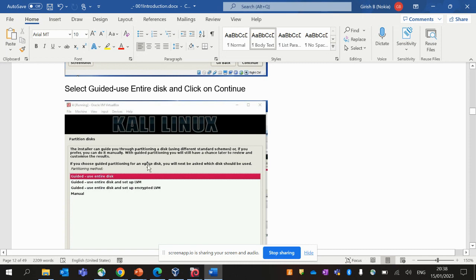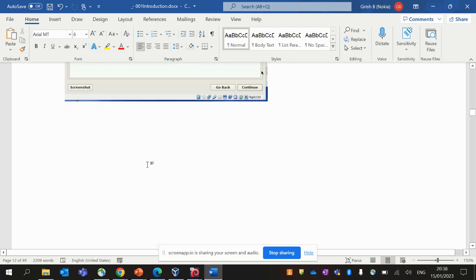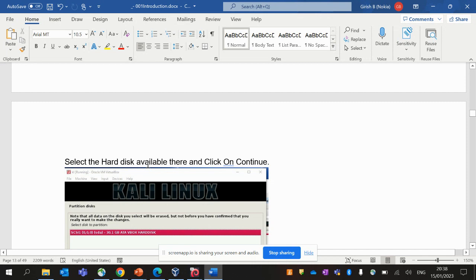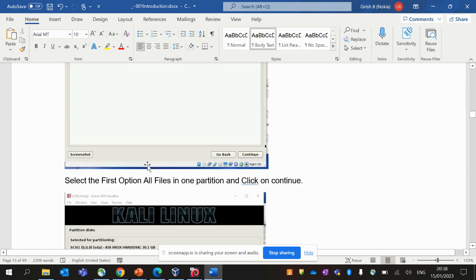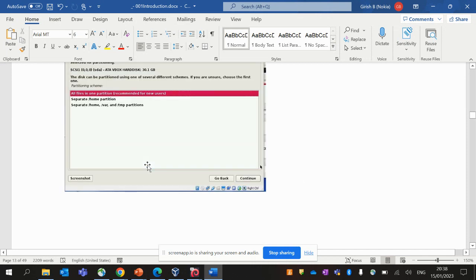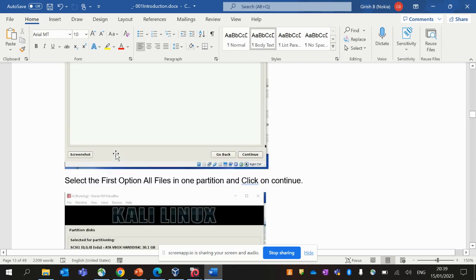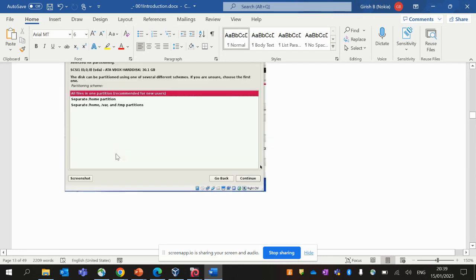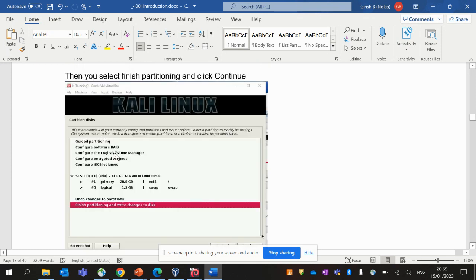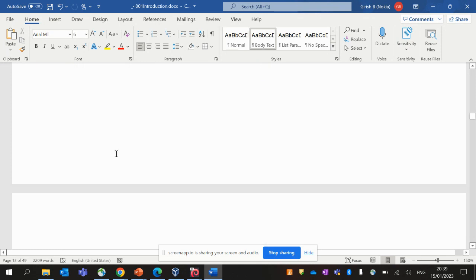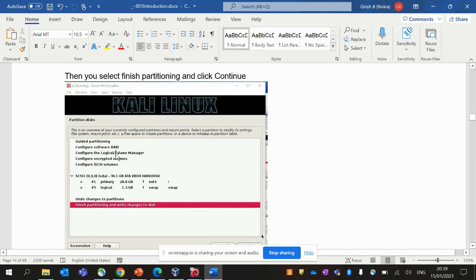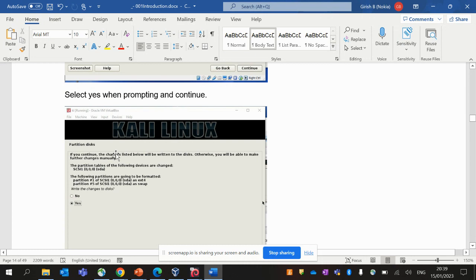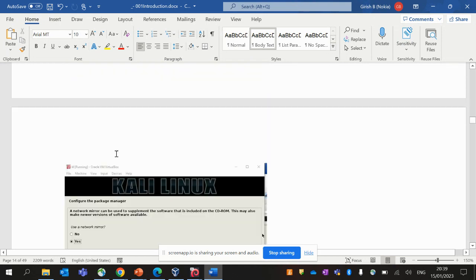And then select the disk details. You can just select the standard ones by default. There is no need of separate partitioning and all. Just select the base one. And then in this stage where it's asking, select all files in one partition, that is fine for new users. I think that's the best option, because later you can use this one to create multiple partitions. So that's also one good practice, instead of having the system itself split the partitions. Then write the changes to the disk. You select yes, and then